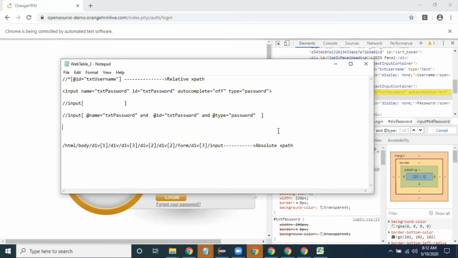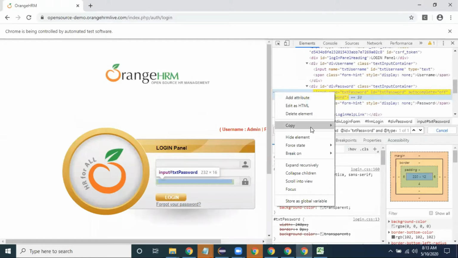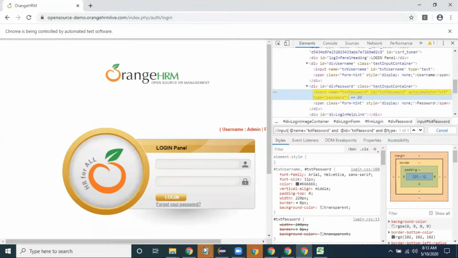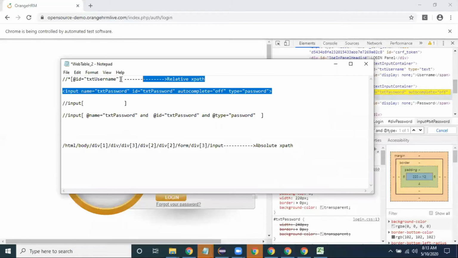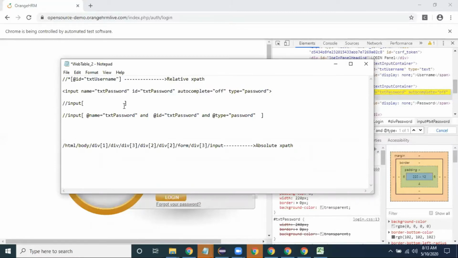Okay. Relative XPath means we are identifying a web element by its object properties. If you want to take it automatically, we do copy XPath, which constructs it based on the object properties. And absolute XPath means you are traversing to that particular web element from the root node to that specific node. This concept is known as absolute XPath.